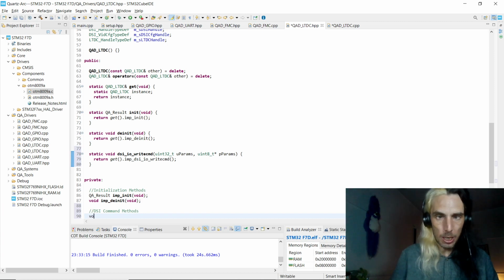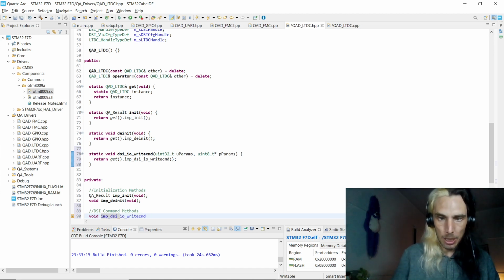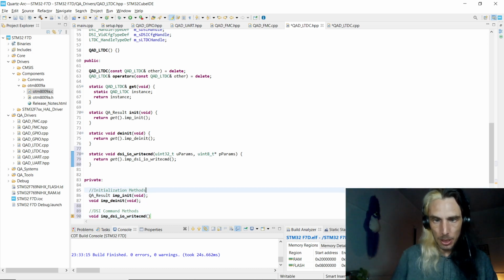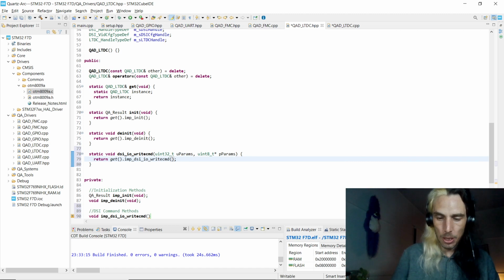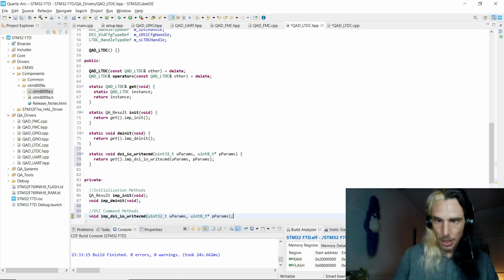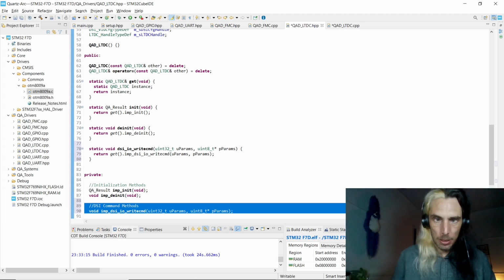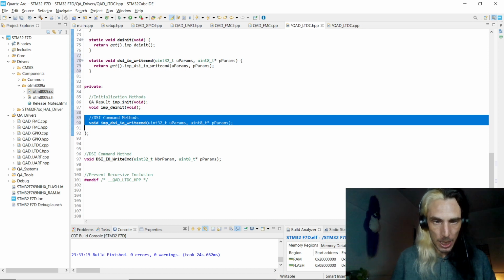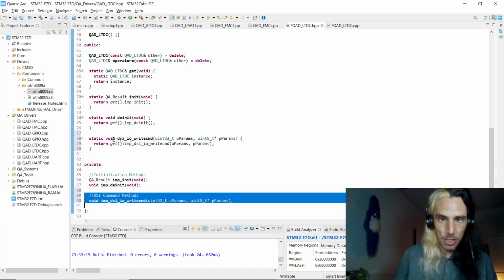So that will be returning nothing. DSI IO write command. And let's just copy and paste these guys. Also going to need to pass those parameters over as well, like so. Pop those in there. Alright. So essentially what will happen is the driver will call this method, which is going to then access this